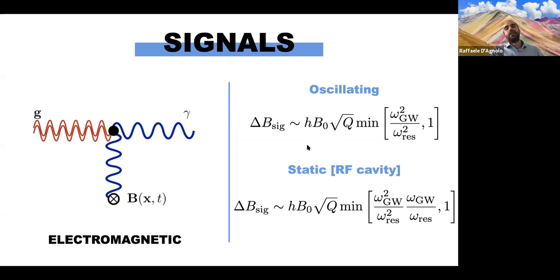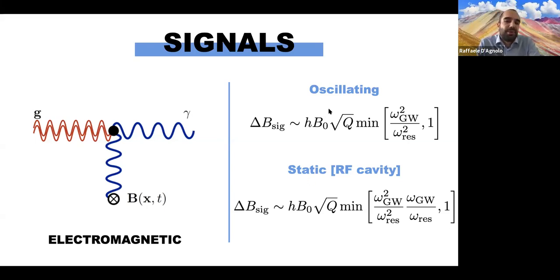If you instead have a static magnetic field in the background, so what Diego described as ADMX style, the suppression is even more. So there is an extra power of frequency of the wave over frequency of the cavity. And the reason is that what's exciting your resonator is a time derivative of the current. So you have to take another time derivative of the wave times the field. And if the field is not oscillating, you're paying an extra price. So this is why we're initially focusing on this heterodyne setup. And then, as a byproduct, we're also showing the other sensitivity.